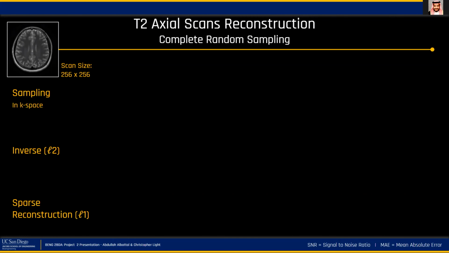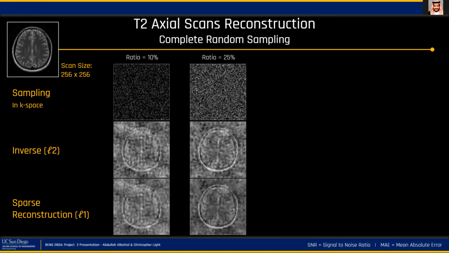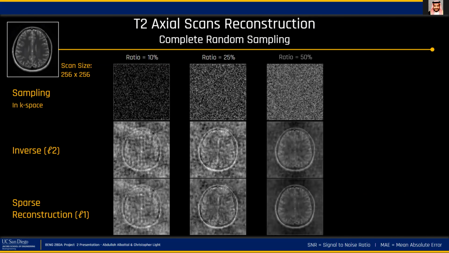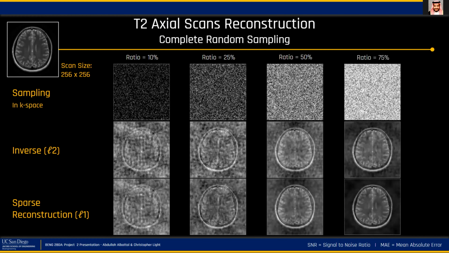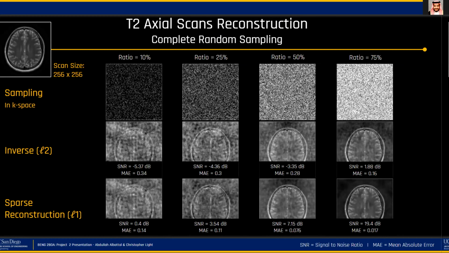The first one is using a sampling scheme with completely random sampling. We wanted to show how this is not a good approach to sampling the frequency domain, knowing that we have more data in the center. So the first row is the sampling scheme, the second is the inverse, and the third is the sparse